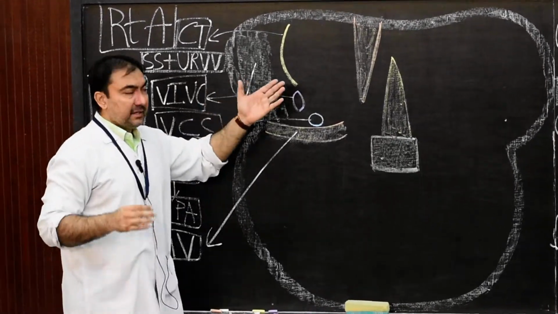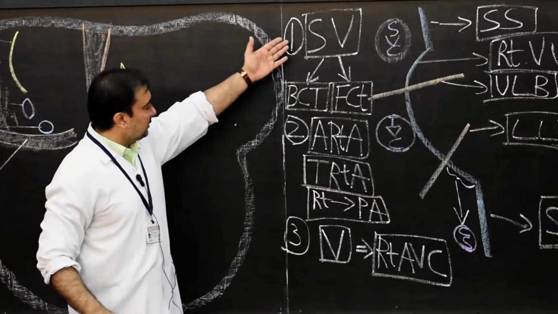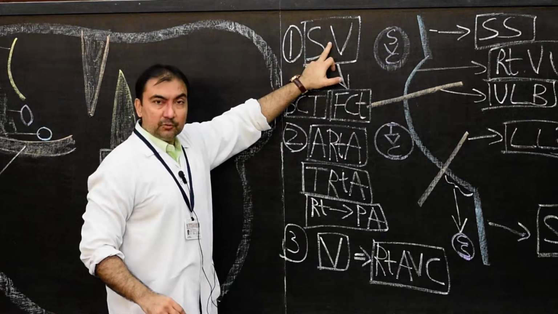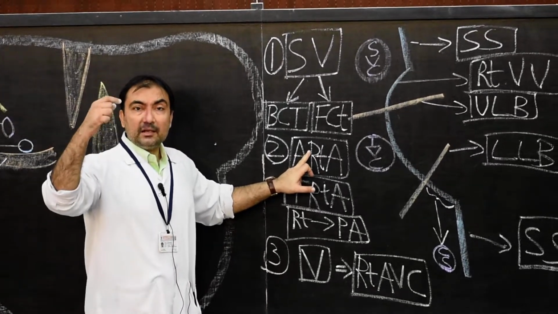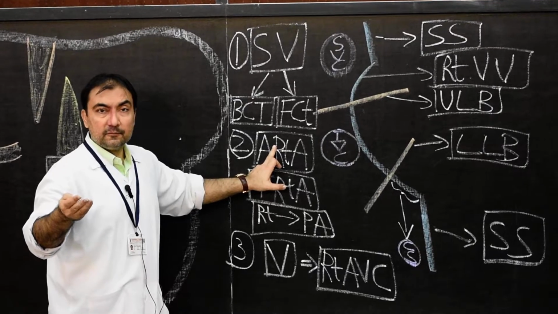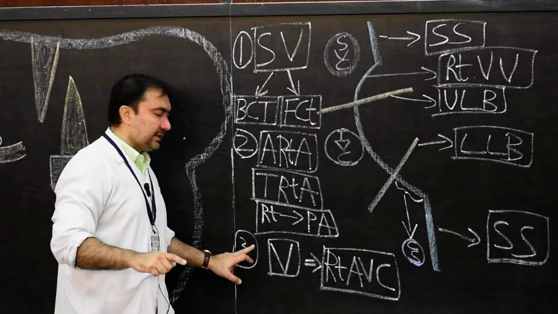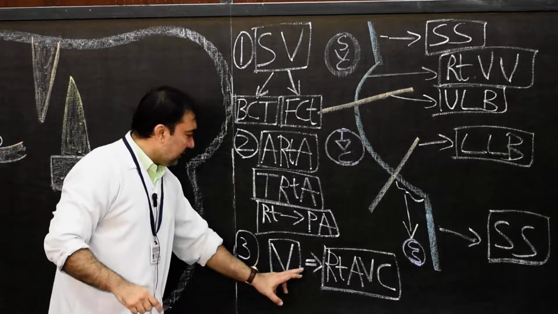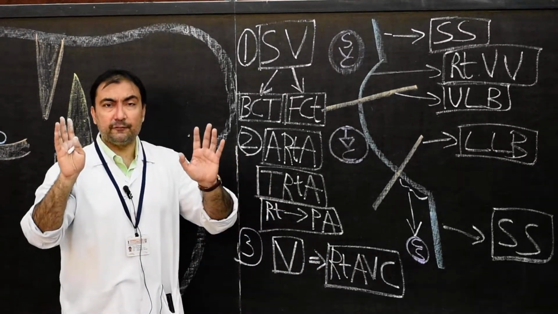Here we finish the entire development of right atrium. So very fast, the entire development of right atrium is based on these 3 points. Number 1, the smooth wall or the sinus venarum. Number 2, the anterior wall or trabeculated wall or the rough anterior wall, which will develop from the right half of primitive atrium. And number 3, the ventralmost part, which will develop from right half of atrioventricular canal.